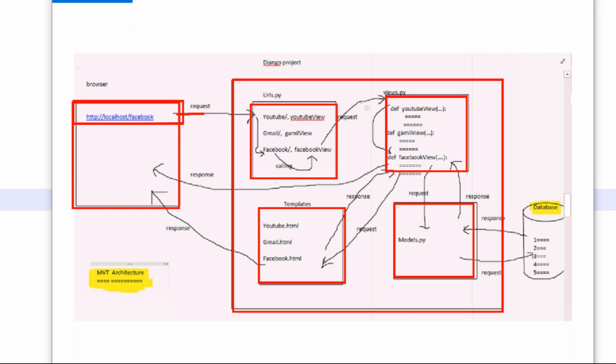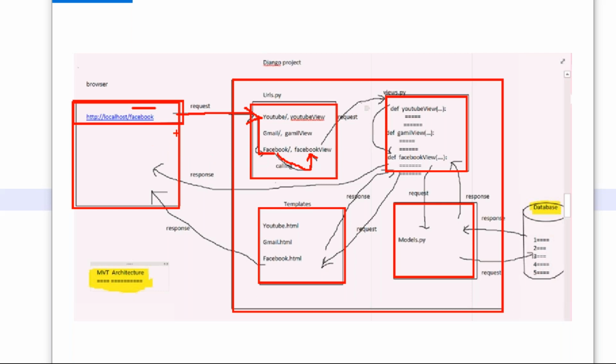First the request reaches the project-level urls.py. Now it checks whether there is a match. This is the last endpoint URL. Facebook does not match YouTube, not Gmail, but here Facebook, yes, matches. If any URL matches, then the corresponding view executes. If no URL matches, the requested URL is not found and an error is returned here.